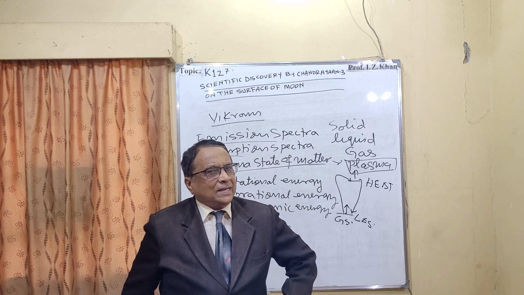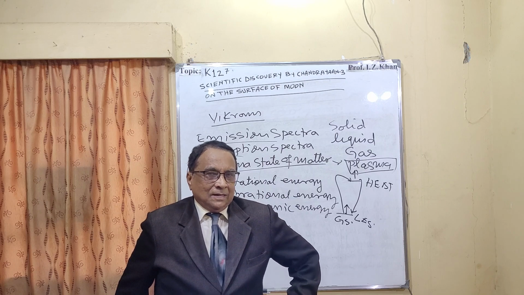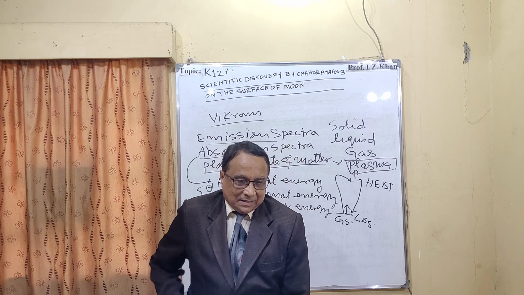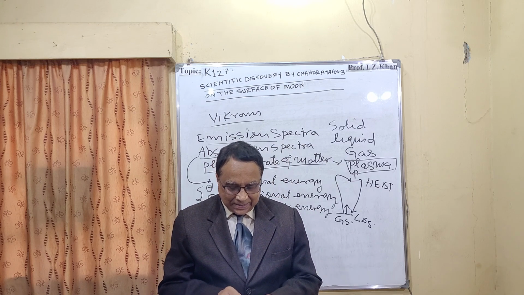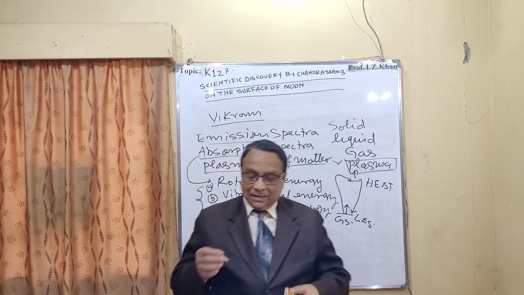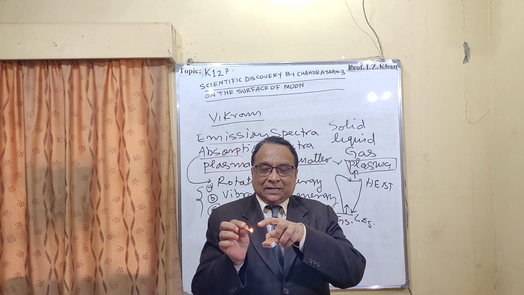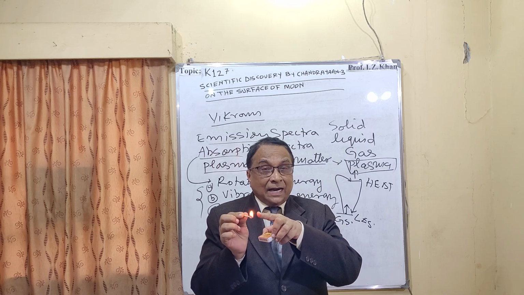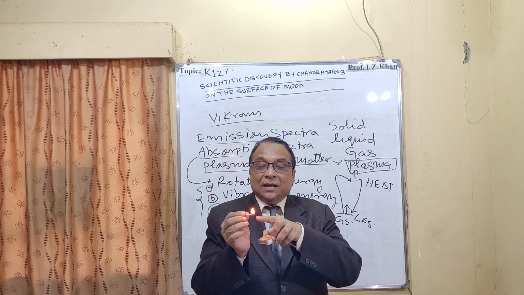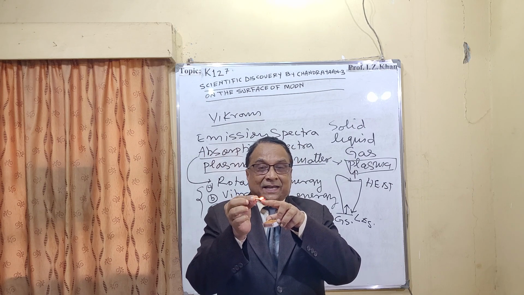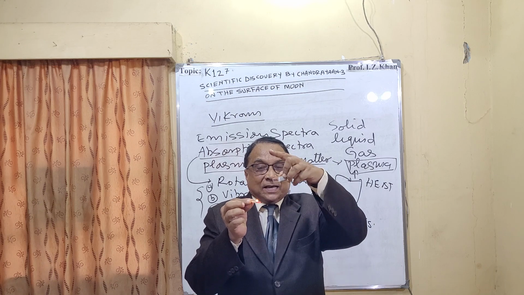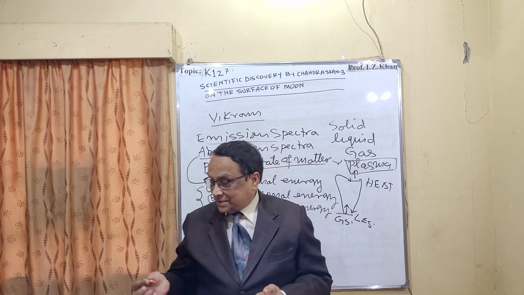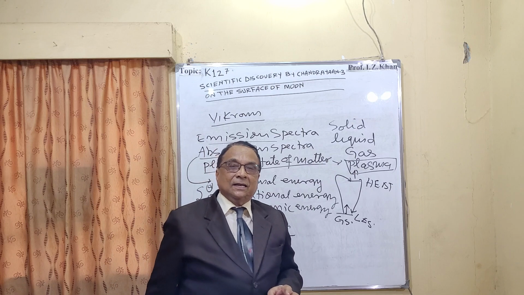And let me show you a very simple example of plasma state here. When I am lighting this matchbox, this is plasma state. This yellow flame is not gas, not solid, not liquid, but this yellow flame that we have seen here is actually plasma state. The smoke is gas, but this is the plasma state, because everything is in ionic state. This is the simplest example to demonstrate the plasma state.